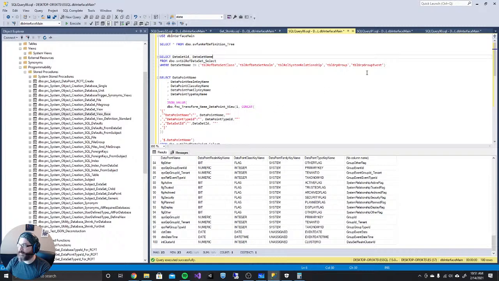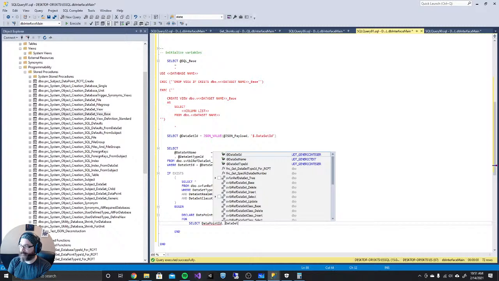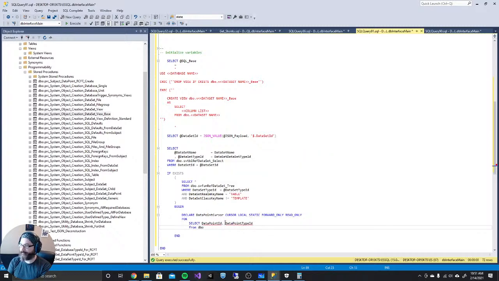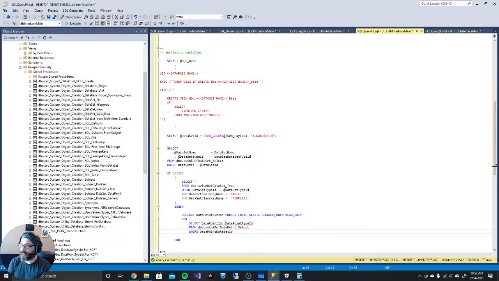Here, name, type ID, that ID. I have to use static forward only, read only, because not only do we want to, so we're not,